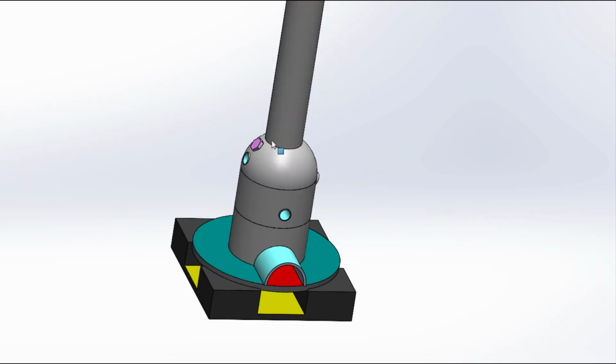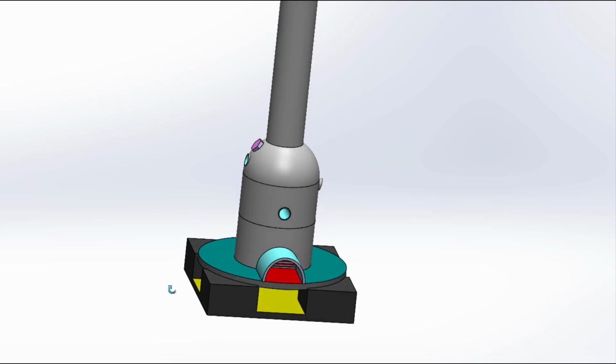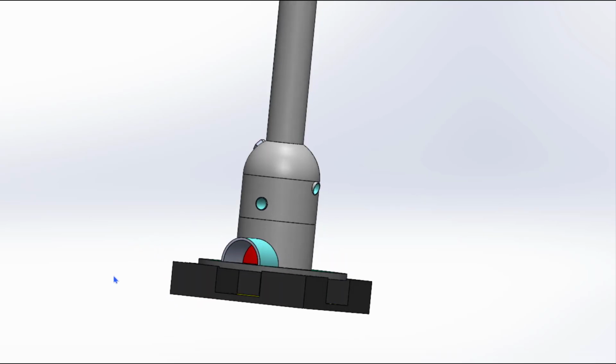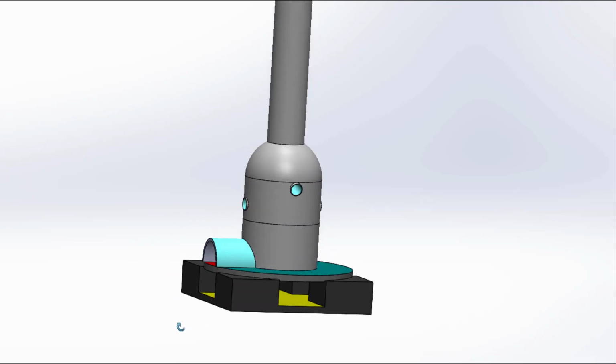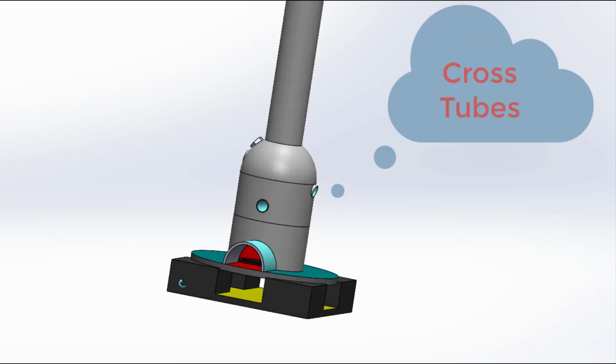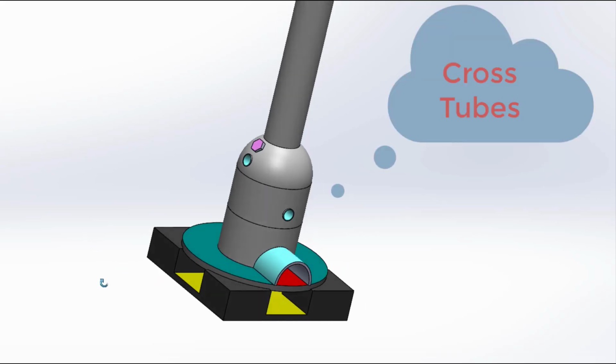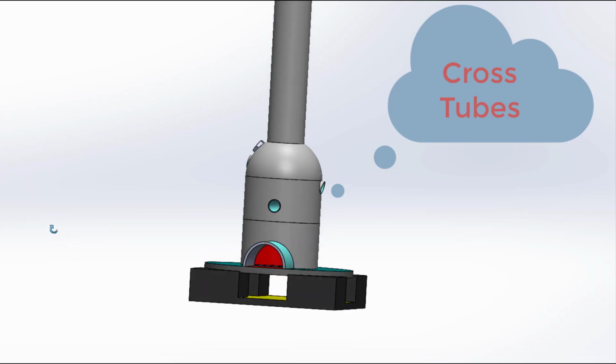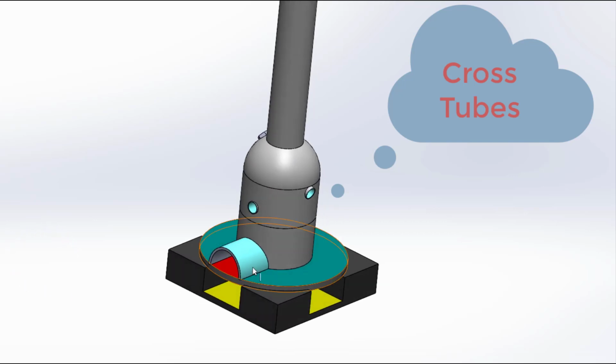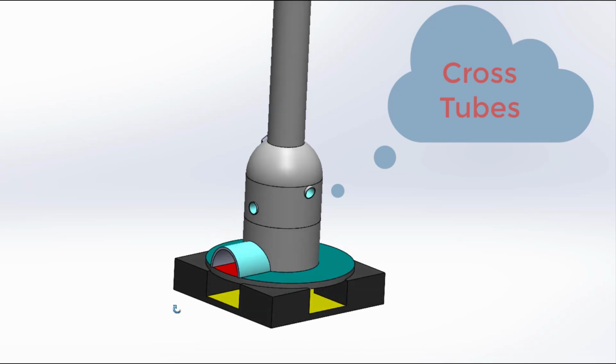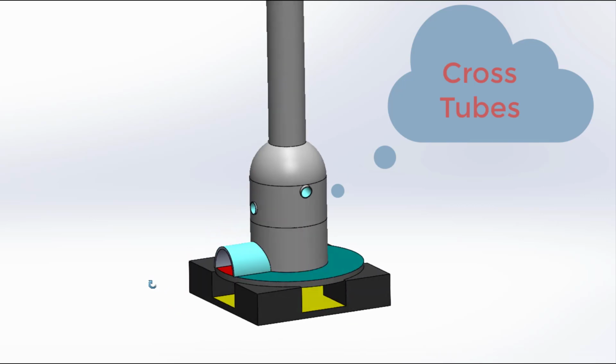So up to this is the furnace, and above the furnace this is the chimney. Now you can see in the furnace there are two tubes. This is one tube and this is another tube, and these are called the cross tubes. They help the circulation of water. The water will surround this furnace and absorb the heat from the furnace, and these cross tubes help